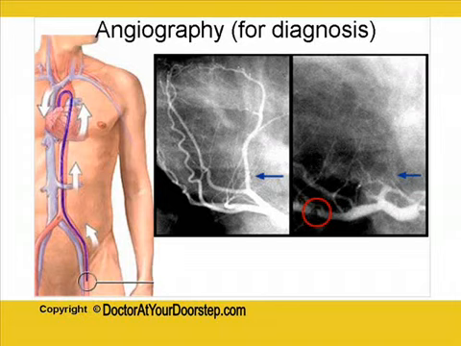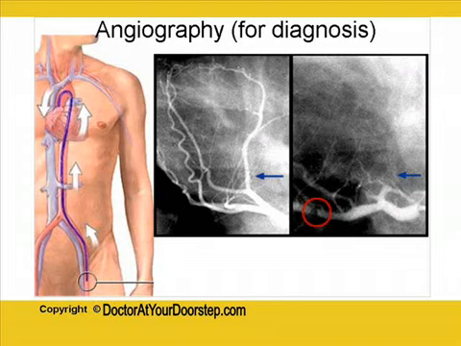In this diagram, you can see on the left side there is a human figure, and on the right is the result of an angiography. During angiography, we insert a catheter. A catheter is a tube-like structure, inserted, as you can see in this diagram, from the thigh region into one of the major arteries, and it is pushed inside so that it reaches the heart.